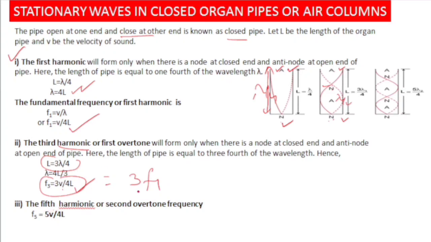In the same way, the fifth harmonic is shown in this figure, and this is equal to 5 times the fundamental frequency. So these are odd harmonics, right? In this case all are odd multiples of the fundamental frequency. Other frequencies are not there. So you just need to know how to draw stationary waves in closed organ pipes, open organ pipes, in a closed string, open string. It is enough for you, right? And you just need to know the frequency of the first mode of vibration, second vibration. These are all about stationary waves in a string and organ pipe.